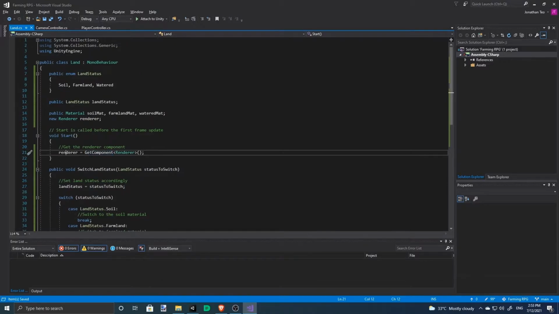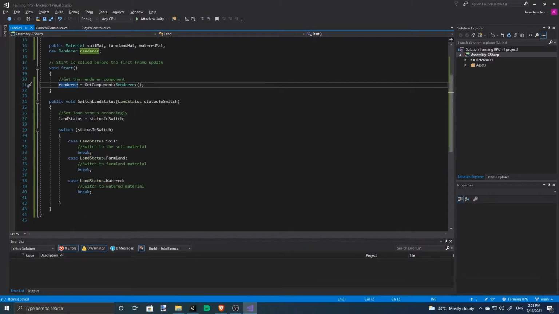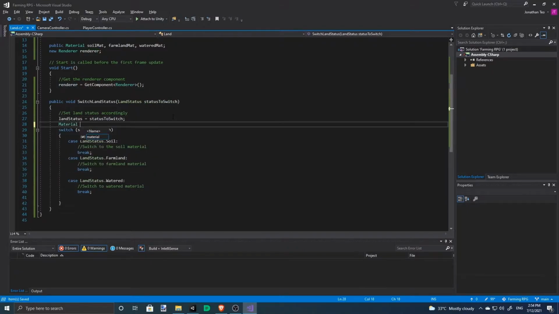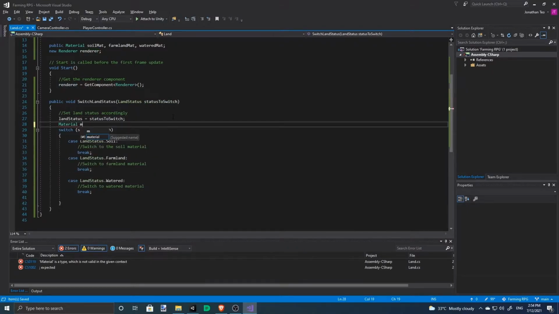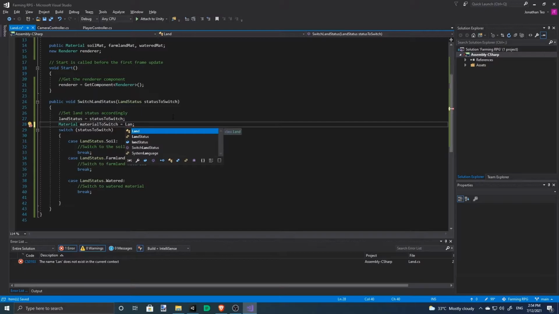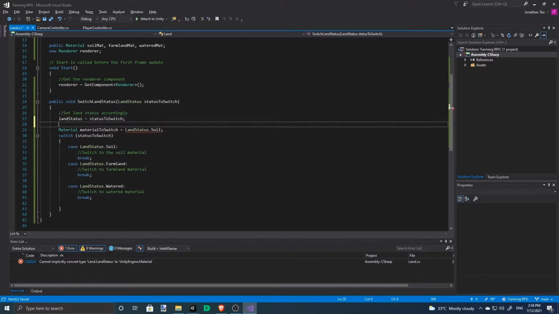So now that we've accessed this component, we can change the material accordingly. Let's declare a new variable, call it material to switch. By default, it's going to be land status soil. That's where we start with, right?